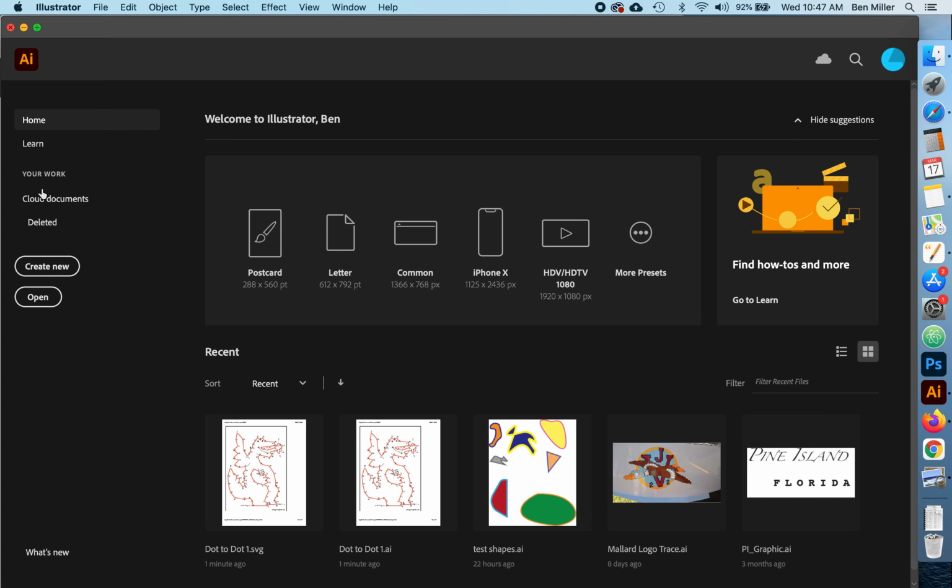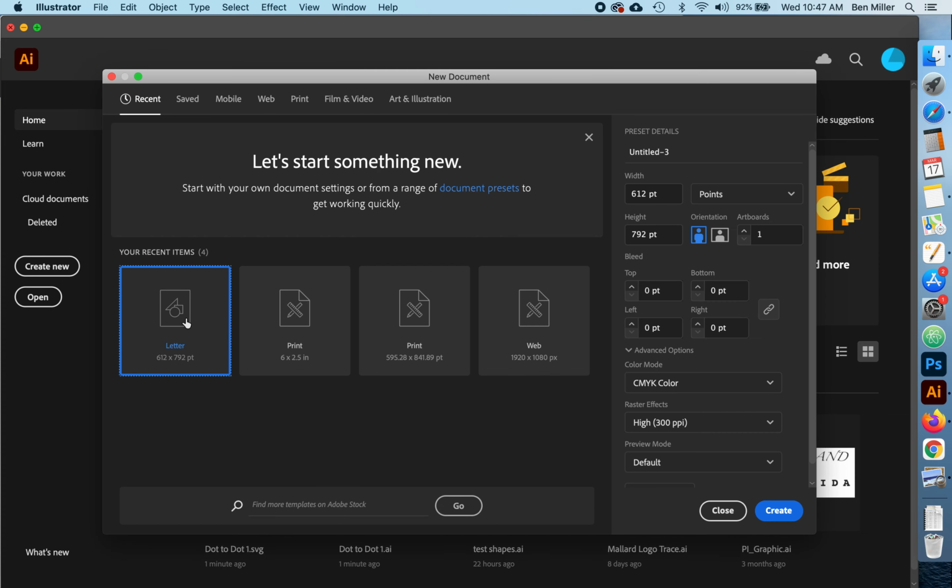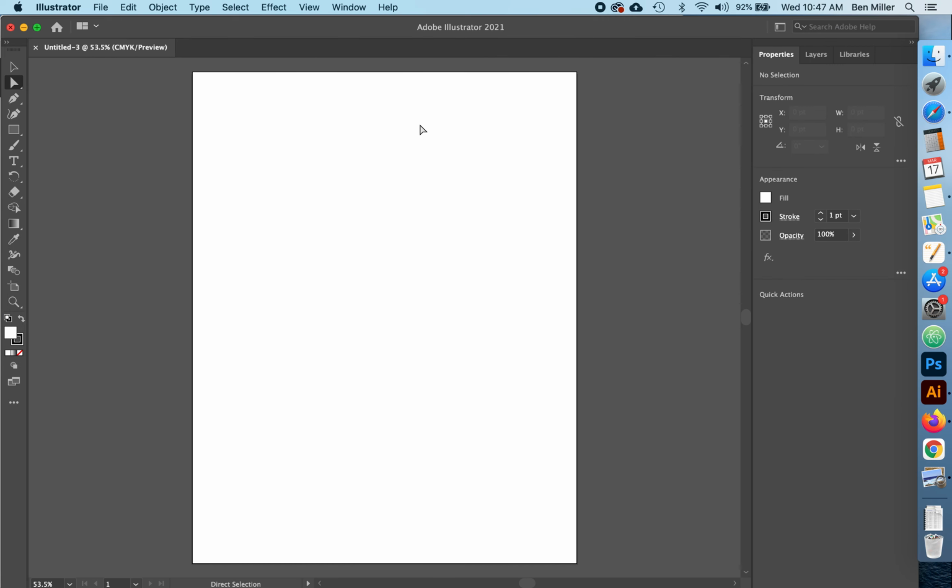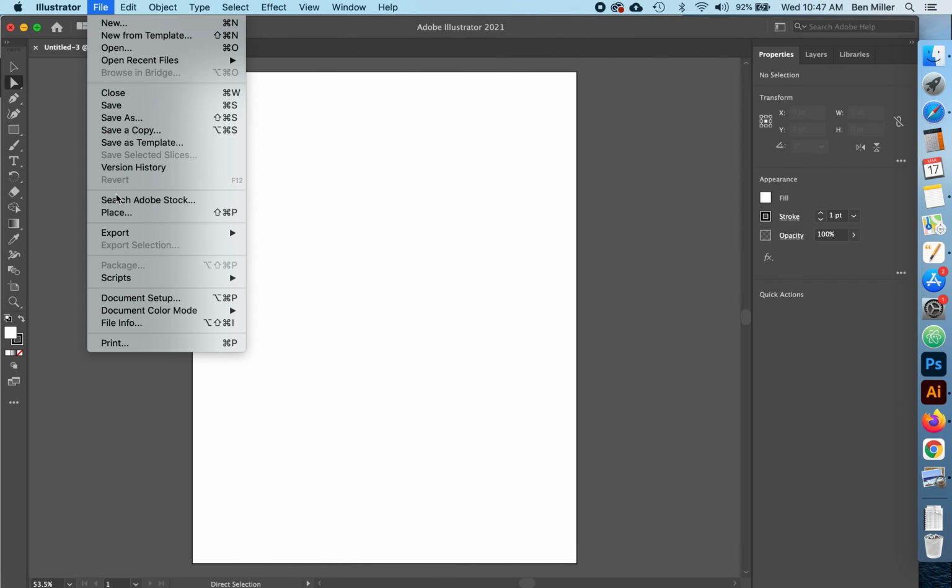This time, what we're going to do is create a new document. It's going to be a letter document just like before. We're going to hit create. Then I'm going to place a file in here. So I'm going to go File, Place,